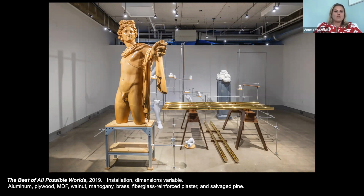I also want to say I really love your use of the furniture that you're making, the armature and structure. Like you were discussing earlier, it's kind of emulating what a museum will show, how they display objects. Do you create all of those yourself? Do you weld all the metal, or is that something that you find or purchase or put together? How does that work? Mostly I make it because I can't afford to hire people,